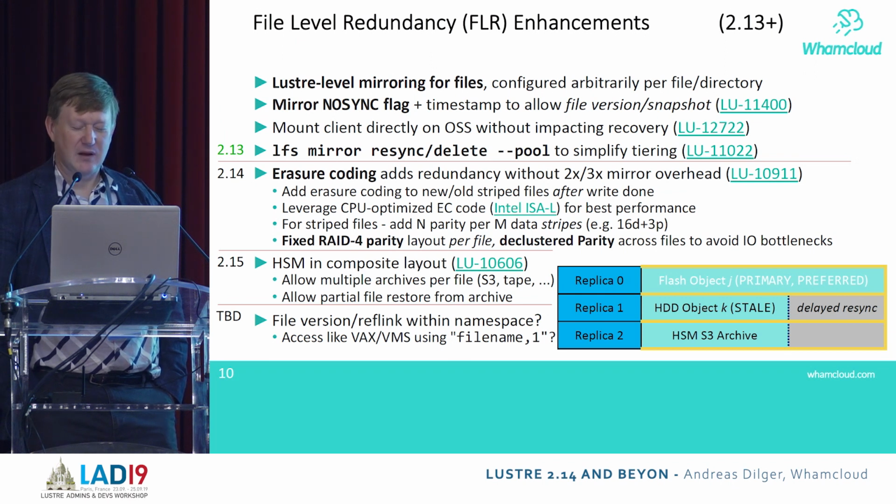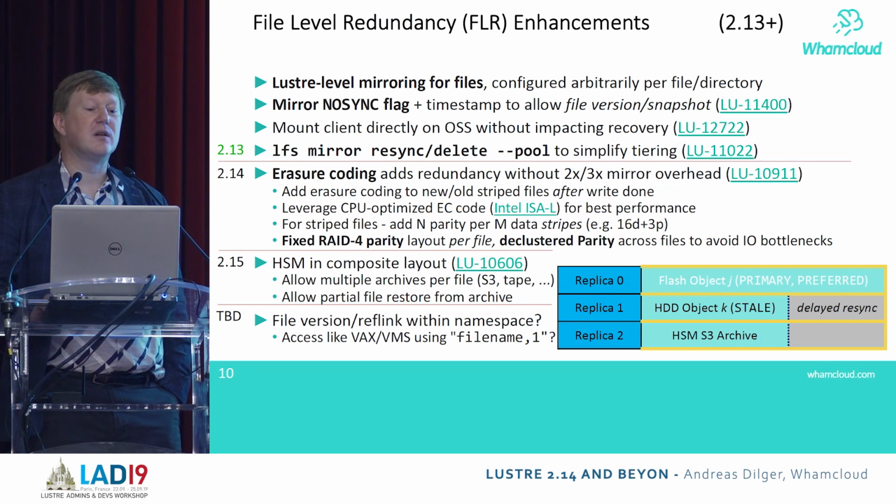We already do have, I think in 2.13 and maybe even in 2.12, the ability to open a read or write descriptor into a specific component, but you'd have to know a lot about what you're doing in order to read or write an old version of your file. Being able to add that into the namespace, so you can say, open the 4th oldest version of the file name, or open the version of the file name that's 2 weeks old, right? I think that would be super interesting and useful. And once the infrastructure is in place, I think having the namespace integration is